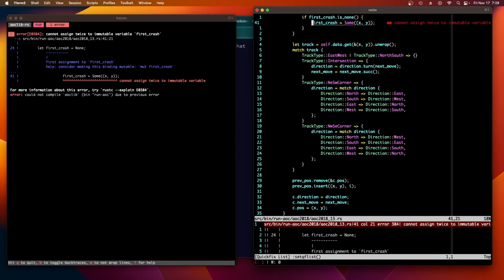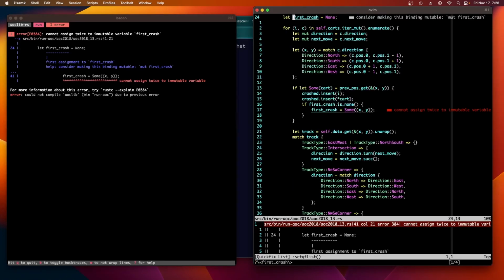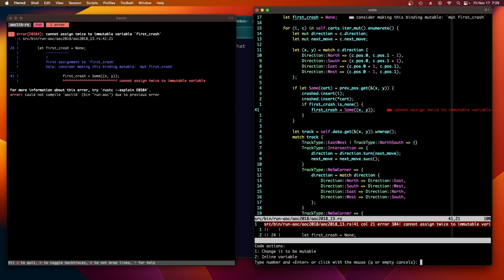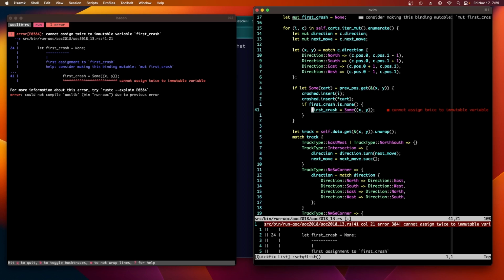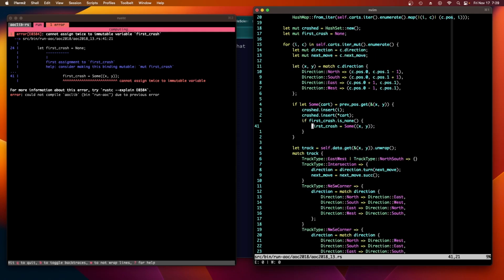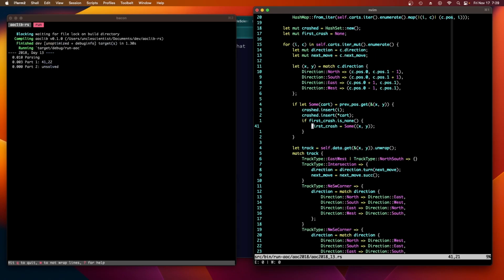First crash. Oh, did I forget to make it mutable? I did. I wonder if the hot thing, change it to be mutable. There you go. A hot fix. Okay, so we're still 4122. But now, technically,